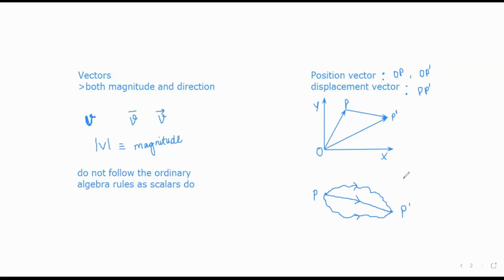Students must have been told about the difference between distance and displacement in a similar way, because we say that the length of the path that any particle travels is the distance that it covers, and displacement is always the distance between the initial and the final positions. So here also the case is the same. The displacement vector is simply a straight line. Now we'll get to another topic,